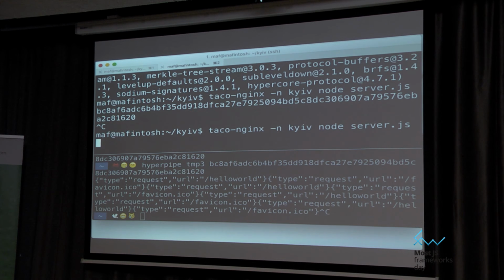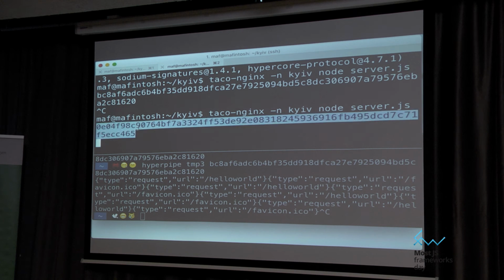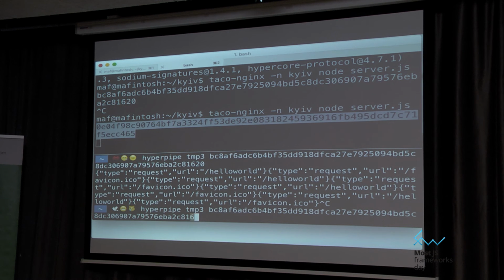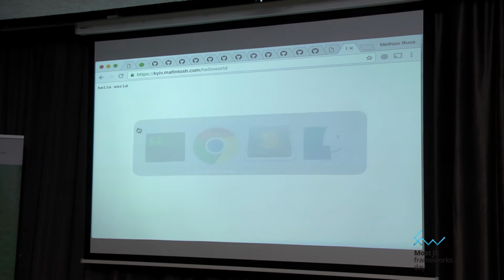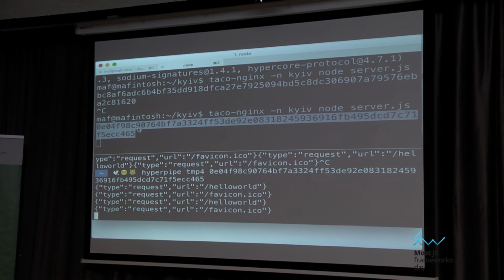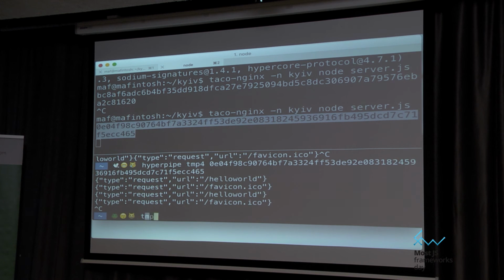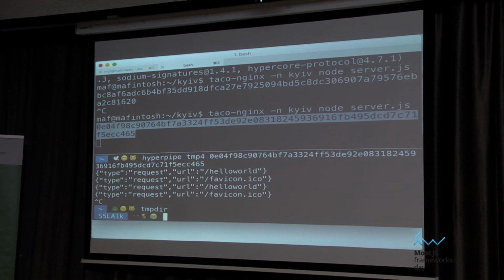So if I spin this up again, get a new key because I just renamed it, and then just try it again. Oh, I need to make some requests then. So now we get it out in this cool structured format, which is pretty nice. But then in our command line application, we want to do the same thing.